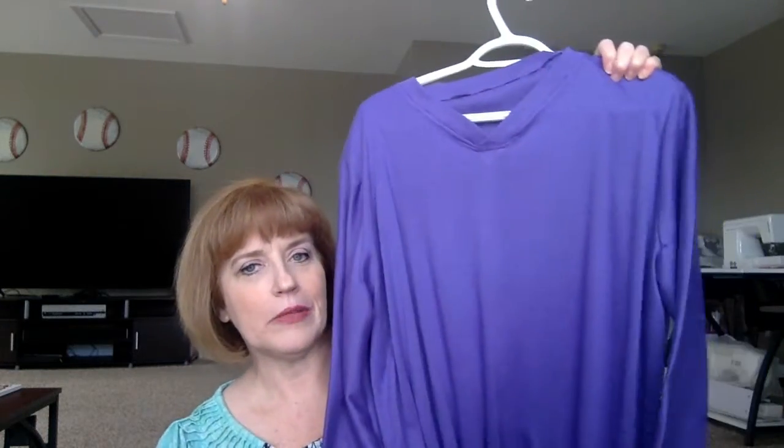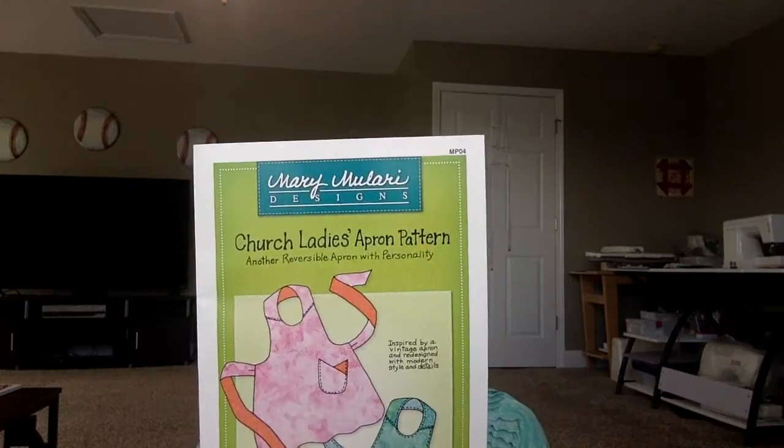I don't know. So we'll just kind of see what that will look like in the future. But overall, I'm very pleased with the directions. They were fairly easy. This would be for, you know, not a beginner, but someone that maybe has constructed a few clothing pieces. So what I'm planning on working on next is my apron that I shared, the church ladies apron